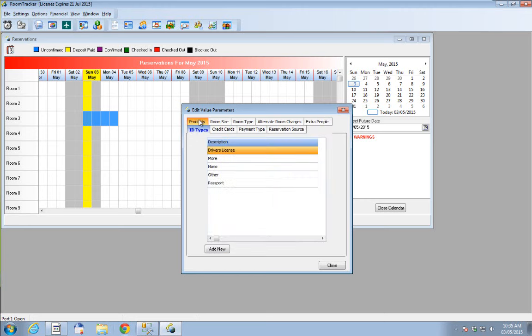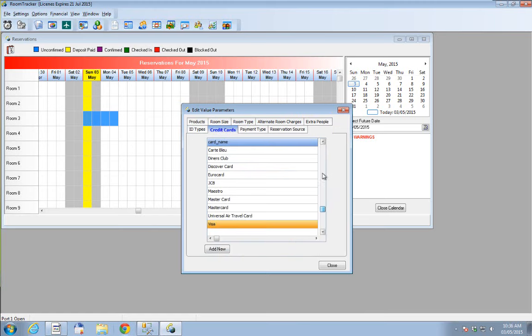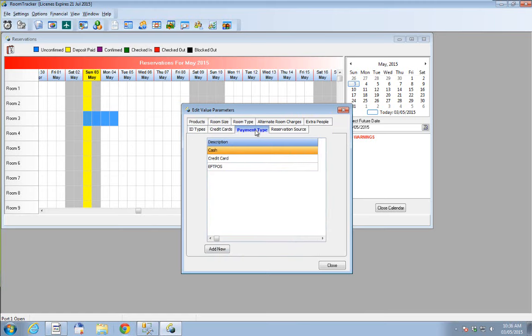ID types. If you want to record what type of ID they've given you to prove who they are, you can once again add a description in here. Credit cards, the type of credit cards you're able to receive. Payment type, cash, EFTPOS,